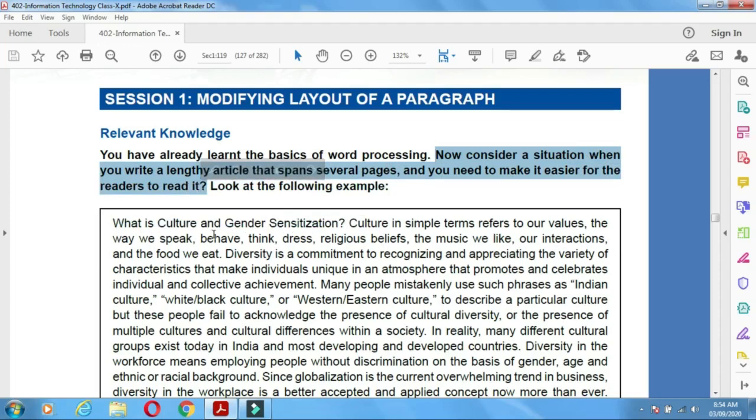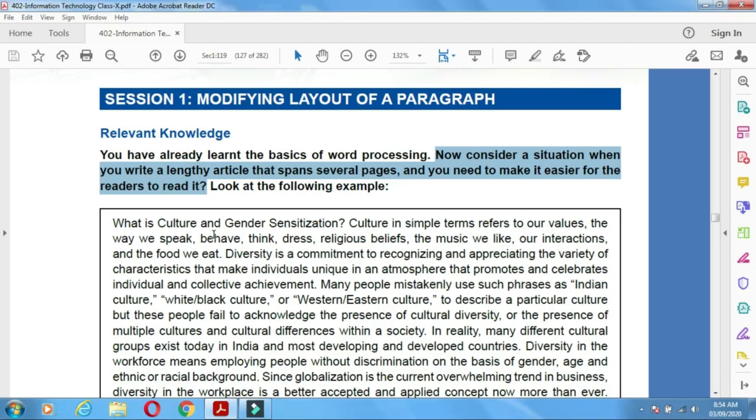See what happens if we have a lot of text, big information, in one Word file, and we are simply typing all our information continuously.